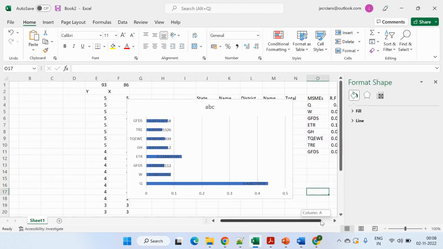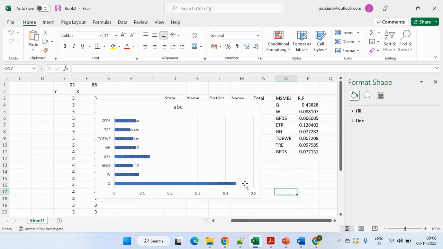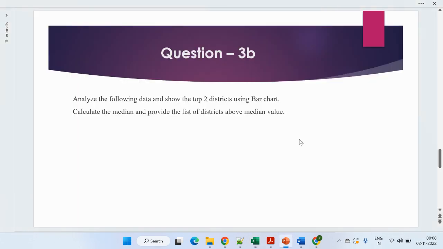I think I have just used this value. Yeah, so this is the highest value, and the second highest value is coming as 0.12, if I'm not wrong. 0.07 and 0.12 are the two values... no sorry, I think it's 0.4. Sorry, it's my bad. It's 0.4 and 0.12, right? 0.4 and 0.14. So the first value and the fourth value, the top two districts, are having the maximum value, right? Then the second part comes as calculate the median and provide the list of the districts